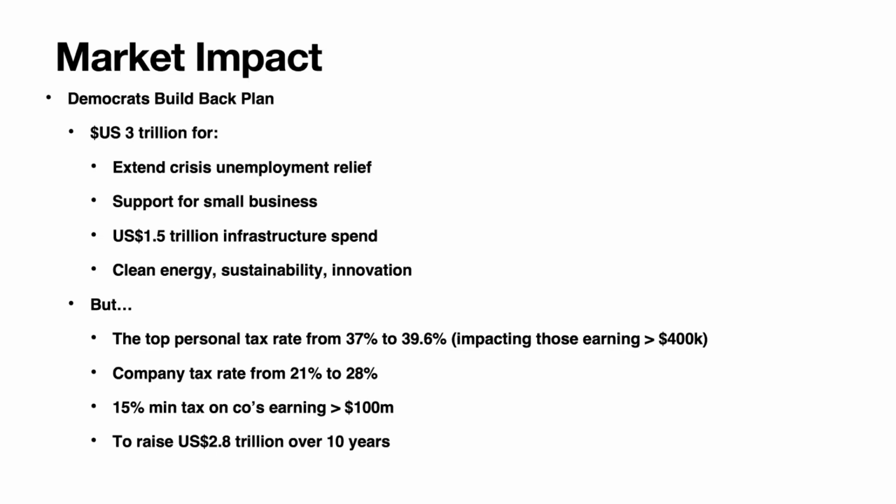So if the Democrats get in, there are estimates of up to $3.5 trillion under their Build It Back plan, as it's called, that could be hitting the US economy from 2021. The Democrats have stated that they intend to continue the COVID crisis unemployment insurance payments, currently at $300 a week for unemployed workers. There's no indication of when that would stop, but it would certainly continue in the short term. They're looking to spend quite a bit of money on supporting small businesses,